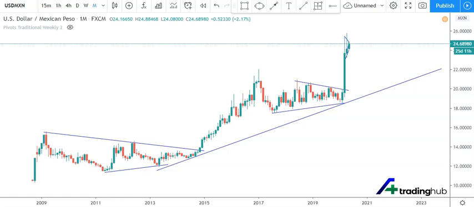Today I'm going to share with you a top to bottom, multi-time frame analysis on the US dollar Mexican peso chart. It's going to be a pure price action analysis, so make sure you grab your pen and your notepad, because you are actually going to learn some cool stuff from this tutorial. So let's start. As you can see, this is the USD Mexican peso chart, and this is the monthly